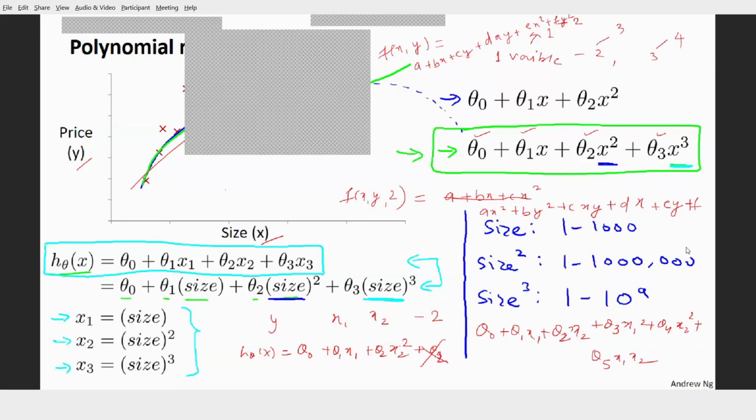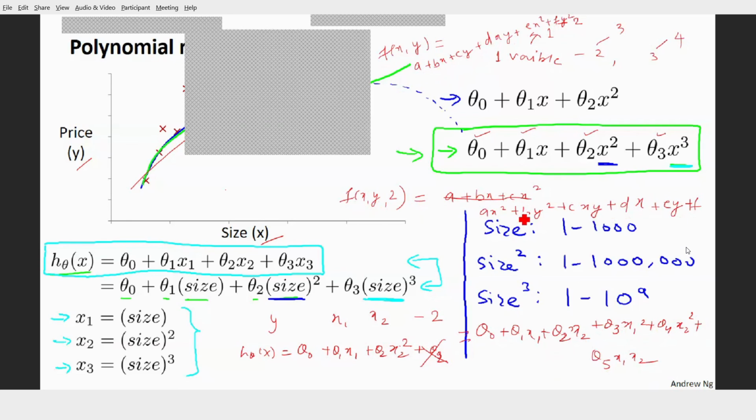The degree of a polynomial means what is the highest power in that equation. If you remember polynomials that we studied somewhere in grade 7 or 8, the degree of a polynomial means the highest summation of the powers of the variables. When we say degree 2, it means the highest power that a term can reach is 2. x1 x2 makes it 2, x1 square makes it 2, x1 is 1, and smaller ones are allowed. It's not that all of them should have power 2.